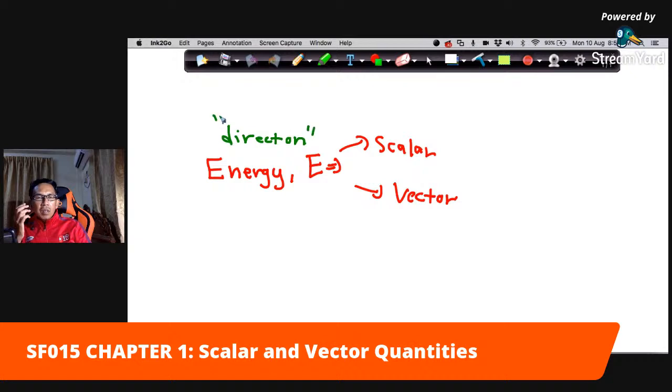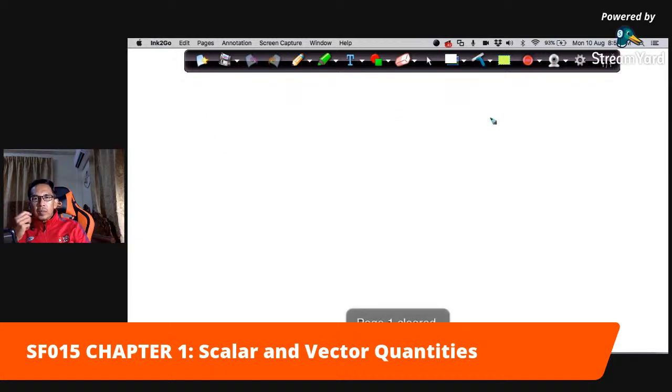So meaning, let's say the unit for the energy is 10 joule. Itu saja yang kita mau. So kita tidak consider direction. So the energy is a scalar quantity. So the answer is scalar quantity. So banyak lagi lah contoh ya. Example that you can, boleh apa sajalah quantity dalam fizik yang kamu jumpa, kamu boleh bahagikan kepada dua. Okay, is it the scalar or vector quantity? Bergantung kepada